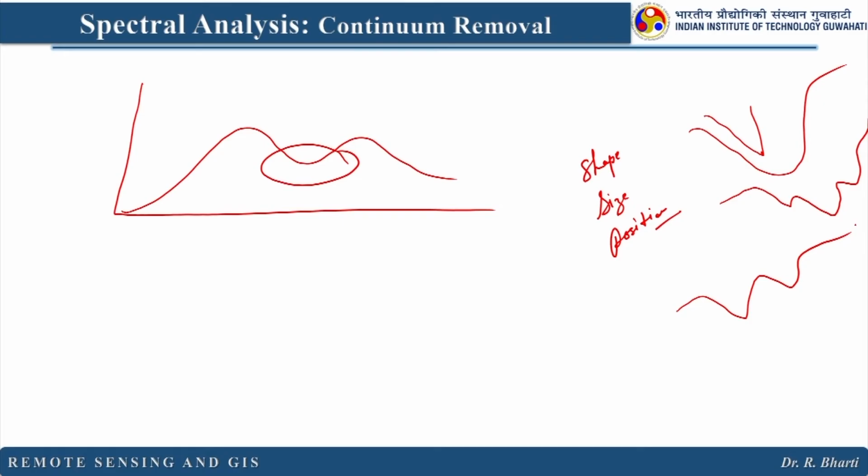Now, what is the position? It is what lambda value it has, or the position of these absorption features in the wavelength. So once we have all this information, we can easily find out what the material is and